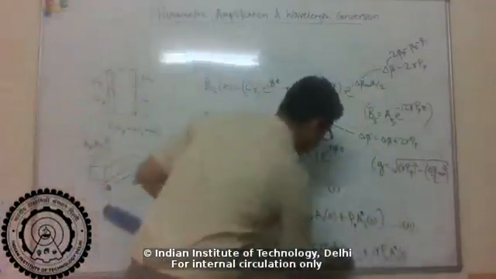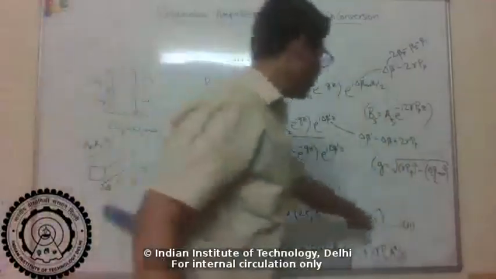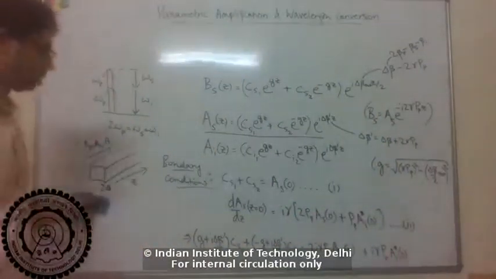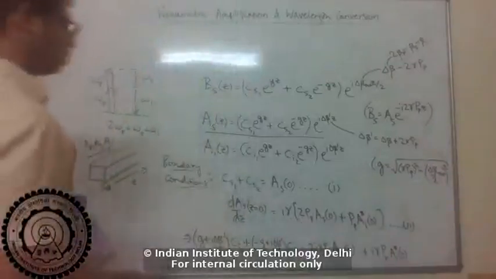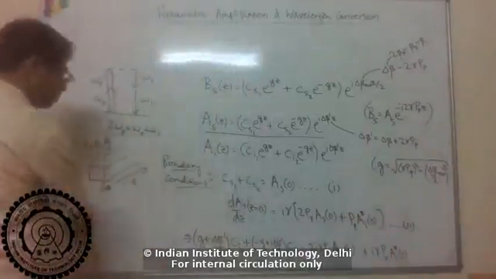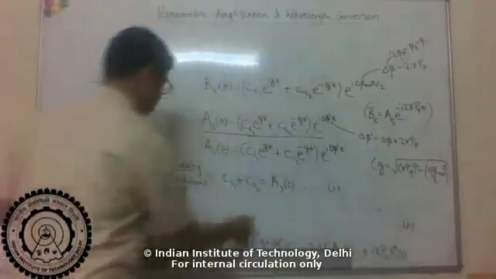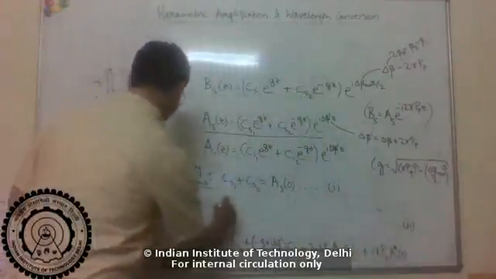Actually, I think leave this as AS0 because we want to find a solution in terms of AS0 and AI0, right? Those are our input fields. Right, so we can simplify this equation a little bit. To simplify this equation, just collect terms. You get